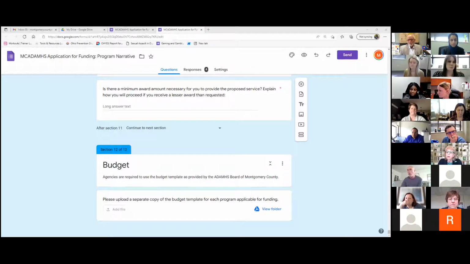If I log in and it looks like all my info is there, am I good to go, or should I use this alternative Google form to submit info? Again, this is only for the prevention programming. I know that's only one piece of what you're doing. In terms of the academic supports, you can just submit that as is. The prevention programming is the only piece that will need to be submitted in the program narrative.